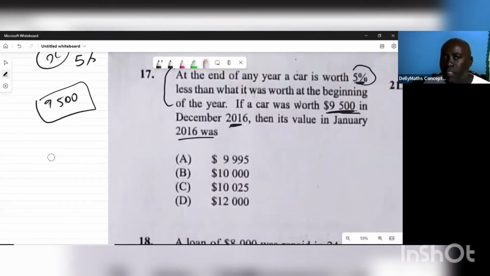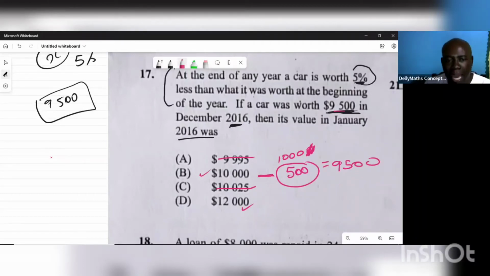If I were you, I'd start with one of these, like 10,000. I won't start with this one, too many things for 5%. I won't even do this one, too many things for 5% because you're not using a calculator. So you will either try that one or try that one. I'm going to try the 10,000. 10% means I'm going to drop off a zero. That means 5% is half of this. 5% is $500. If I take 500 from the 10,000, I'm left with 9,500, which is what the question is about. That means the answer is